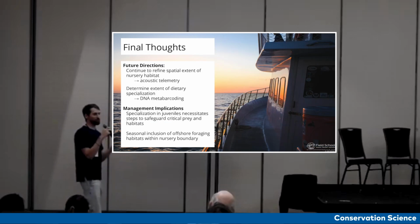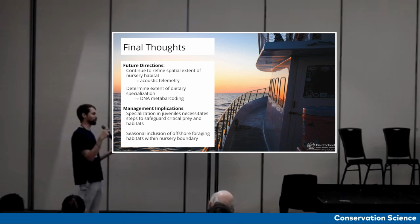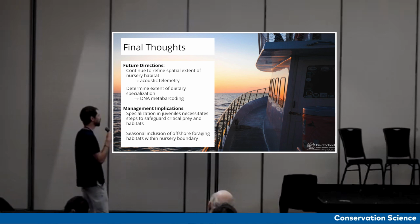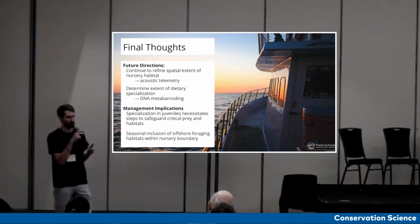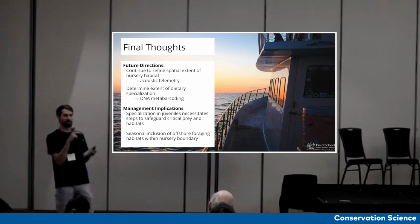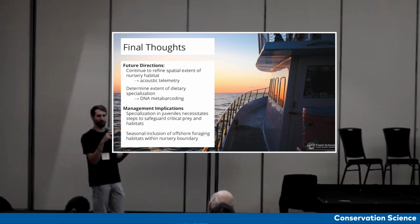So what we need to do in the future is to continue to refine the spatial extent of the nursery. We're actively pursuing this using acoustic tagging by putting 10-year acoustic tags in these juveniles. Also, we should look further into determining the extent of dietary specialization. What exactly are the prey groups that these juveniles are feeding on to allow them to be specialists? And we are actively pursuing this using a method called DNA metabarcoding, or getting the DNA from their diet, from